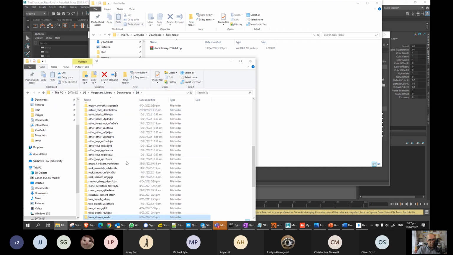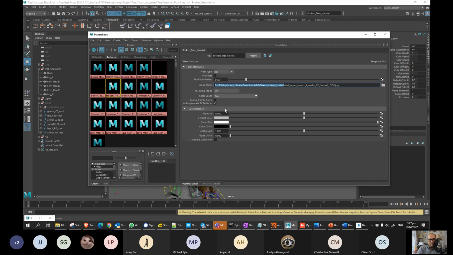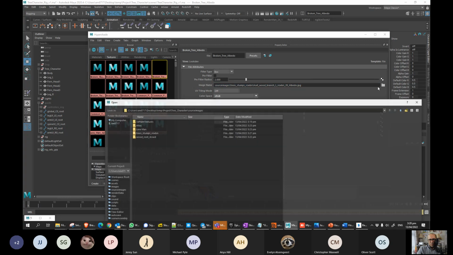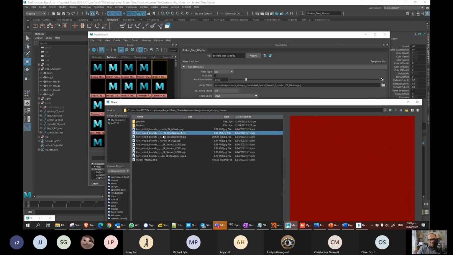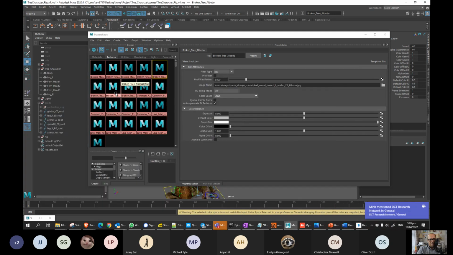Stump. Yeah, I'm gonna grab all the tree stump stuff, move it to my project folder, source images, paste it there. And then here, now if I enter again, it should show me an M or tree stump albedo. Got it. Okay, so you see that the M come back. So material tree stump, that one's working. This one